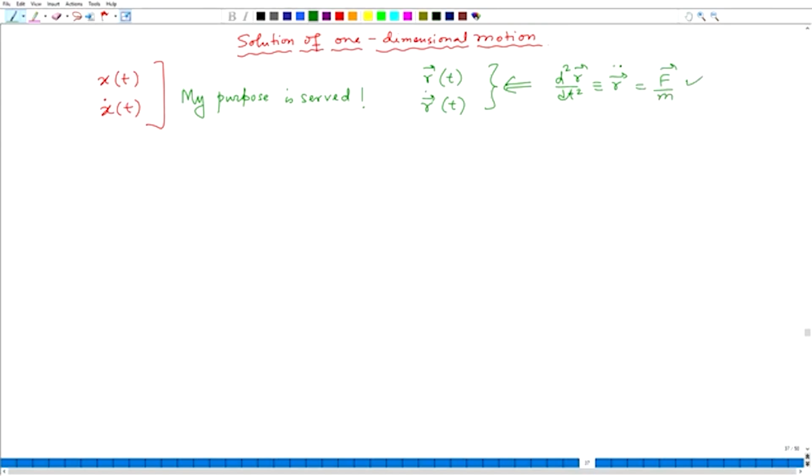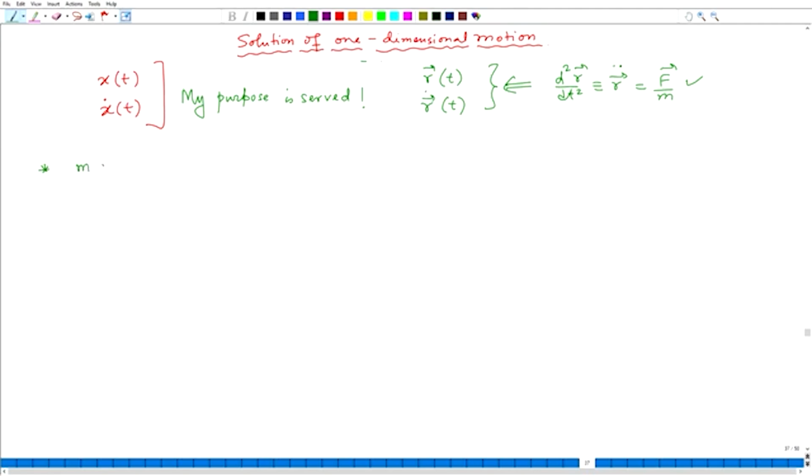Now, in this discussion I will try to show you that the integrals of motion or the special constants of motion are sometimes very helpful in solving those equations in classical mechanics. That is very evident and very direct in the case of one dimensional motion. So, I am taking the case of a one dimensional simple harmonic oscillator.